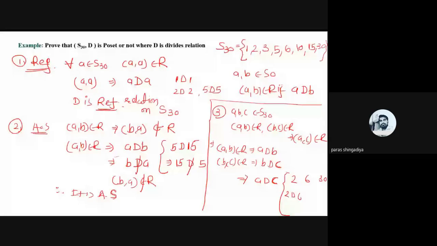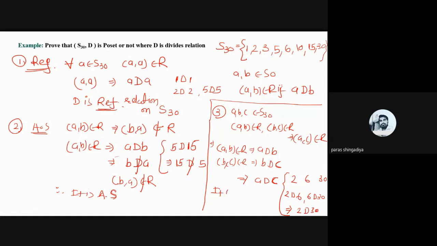Then we can also say 6 divides 30. A divides B, B divides C. 2 divides 6, 6 divides 30. We can also say that 2 also divides 30. A also divides C, meaning 2 also divides 30,